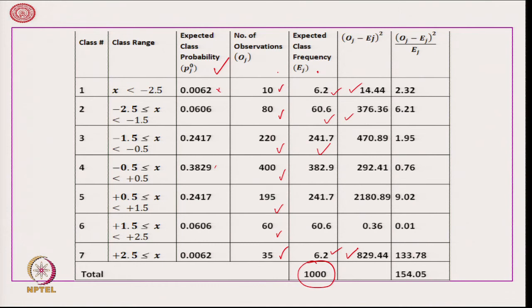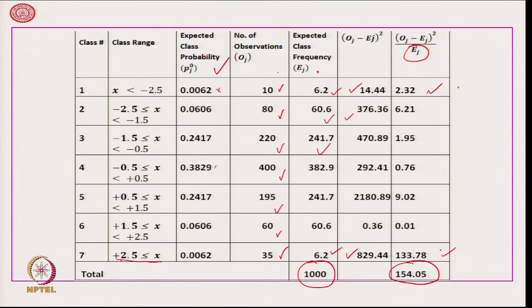Therefore, for each one of them we calculate this normalized thing by dividing by Ej, and these are the values that we obtained, and the sum of these values, sigma Oj minus Ej whole square upon Ej, summing over j is equal to 1 to 7, we get 154.05. Is it too high? We do not know, but looking at it I can itself see that this cannot be from normal 0 1,